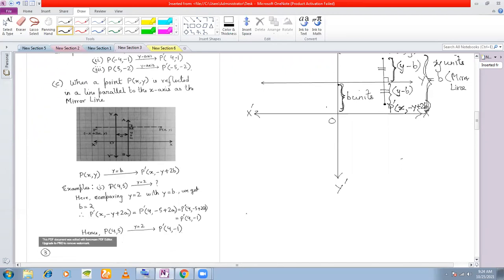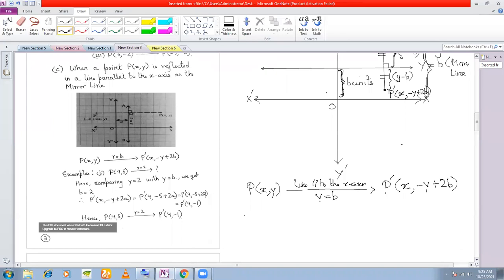Okay, so therefore, in this case, you will see that the point P(x, y), when reflected in a line parallel to the x-axis, or you can also write this as y is equal to b, will transform to another point P dashed, in which the x coordinate remains the same because we are reflecting it on a straight line parallel to the x-axis. You will change the sign of the y coordinate, and not only that, but you will also add 2b. Okay,